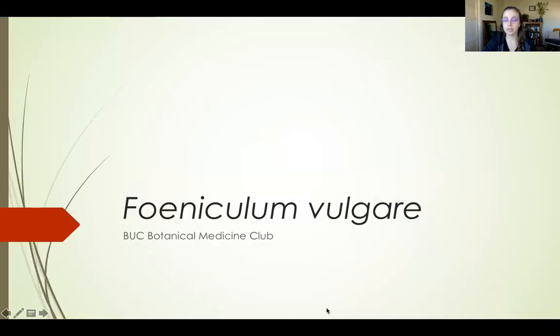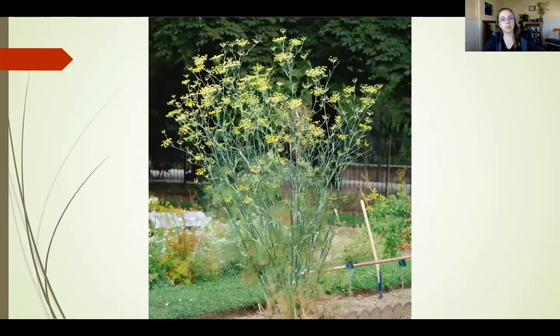Okay, so this herb talk is going to focus on Foeniculum vulgare. This is a picture of Foeniculum. Some of you may recognize this plant. If you come on one of our herb walks down here at Bastyr University, California, you can meet this plant in person. It's not native to the United States or California, but it is naturalized here, especially in warm, dry,